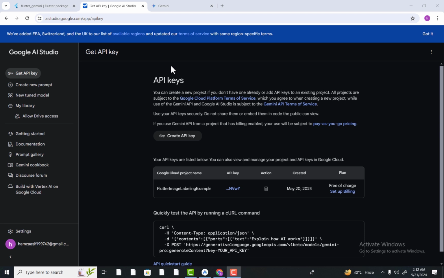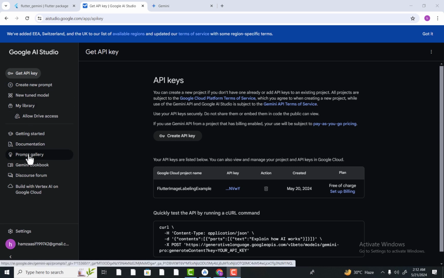In this lecture, we are going to explore some other features of this Google AI Studio. So here we have firstly generated our API key using which we connected our Flutter application with Gemini models. But there you can notice some other sections, and now we are going to explore one of these, and that